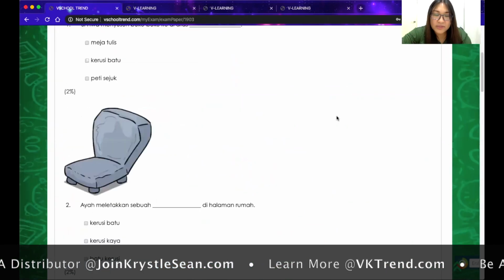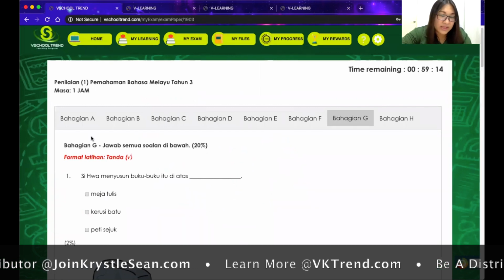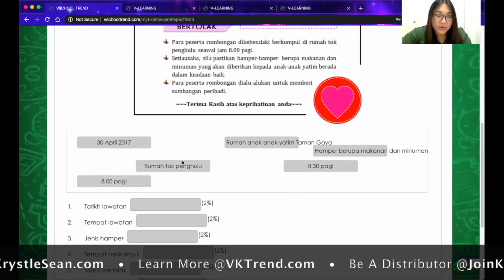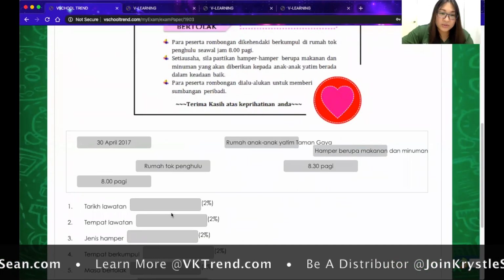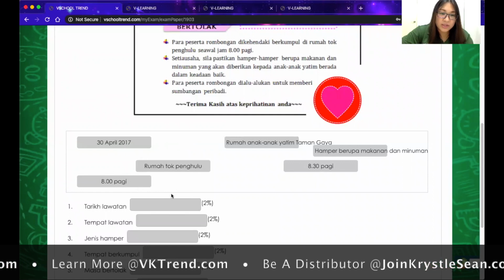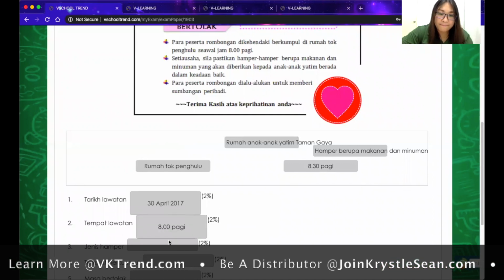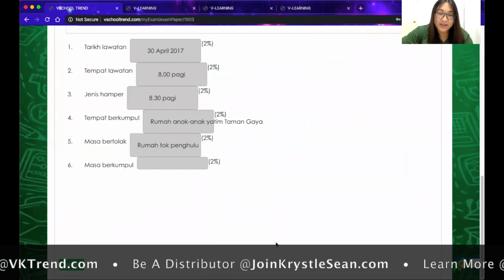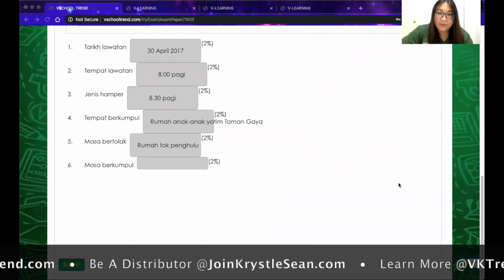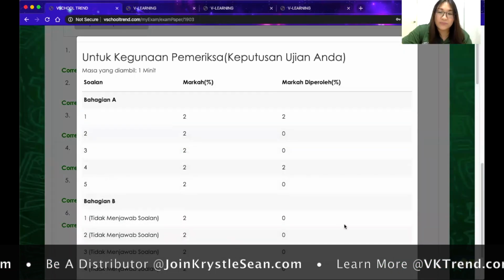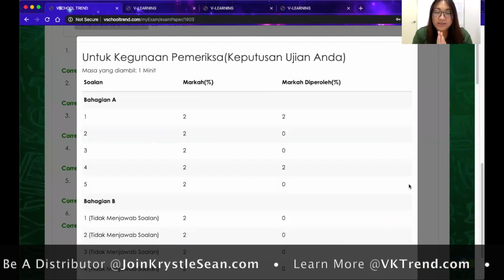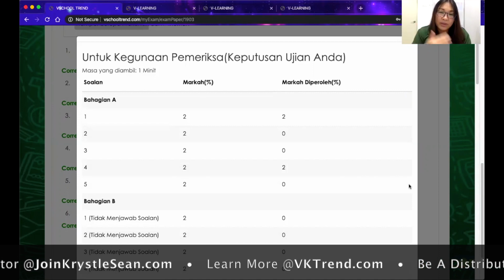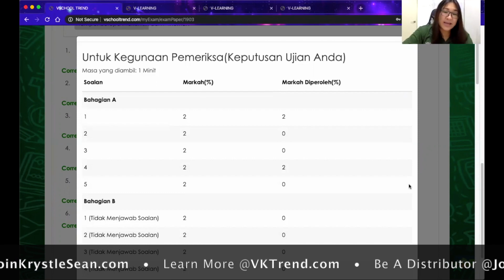then you see various formats like this: tick the correct answer, and also something like this, drag and drop, so your child can actually just drag and drop. I'm just gonna fill in whatever I can see here. You can fill in, and once your child's done, just click on the submit button, and then the answer will show up. So this is very useful for your child's time management and to not let your child have a shock when they go to primary 4 or primary 5, primary 6 where there is examination.